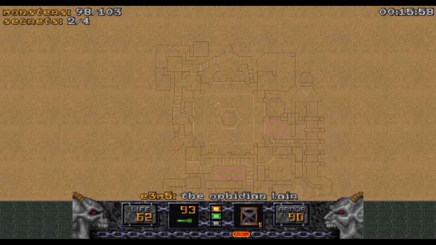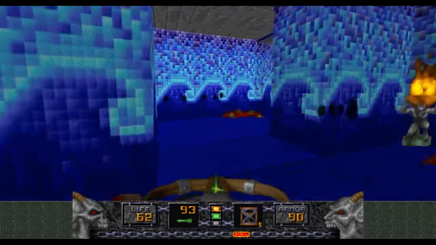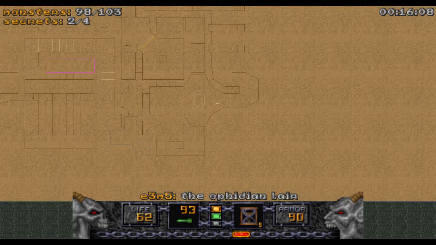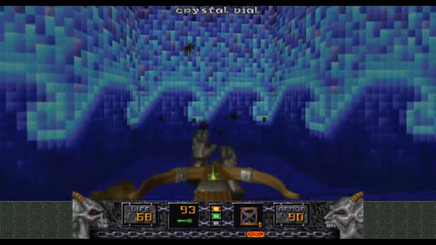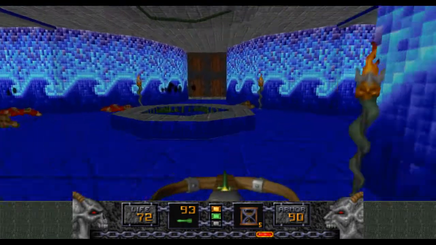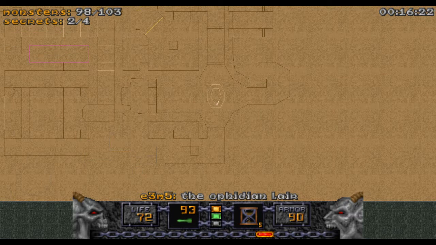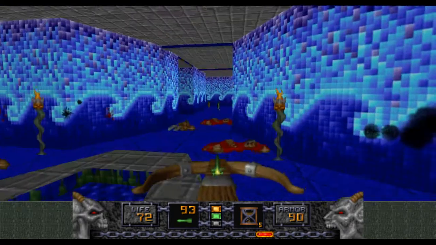So if we go... We'll go through the yellow door. And I can have a better look down here. There is something over here. Maybe? No, I just hadn't looked at those walls somehow. There's something there in that corner. Okay, I have to go...